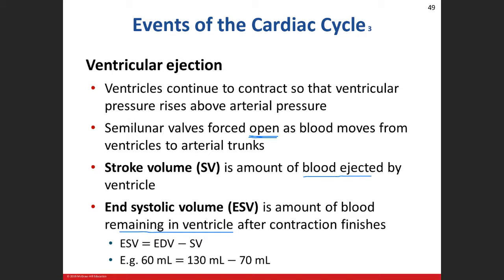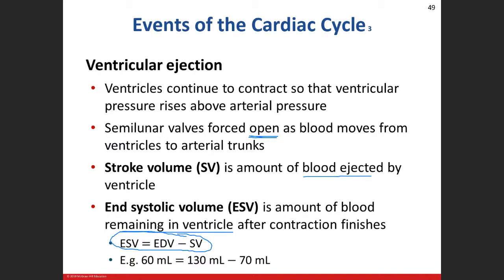Okay, so we know end diastolic volume, that's all the blood that's in the ventricle when all the valves are closed. Now we know what stroke volume is. That's the amount of blood that leaves the ventricles. And then we have our end systolic volume. That's the amount of blood left over that didn't get pumped out, sitting there. So we can take these values and start to figure out